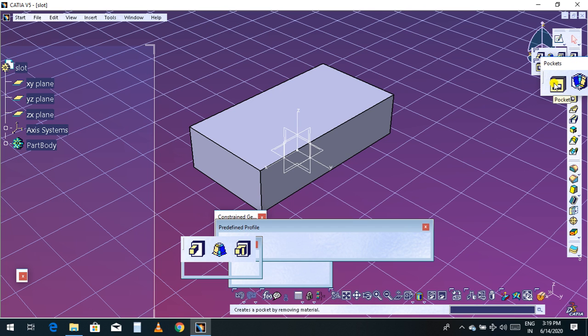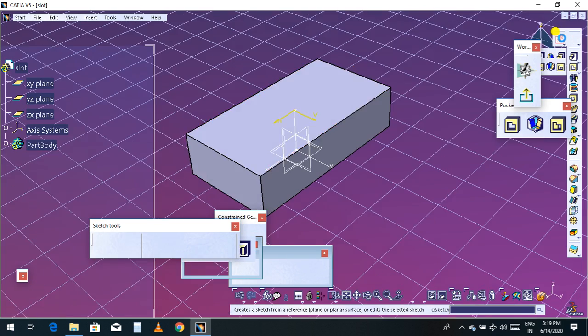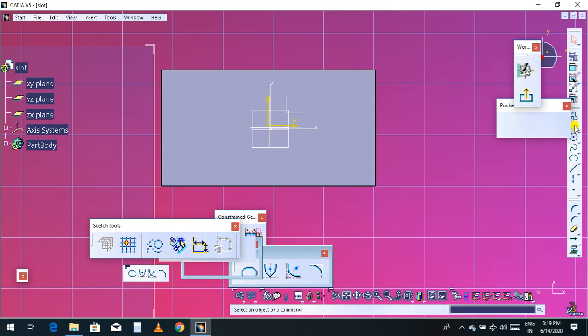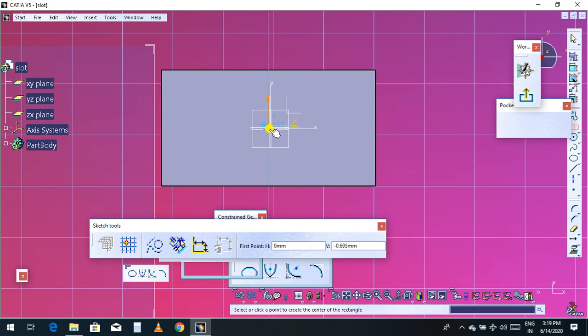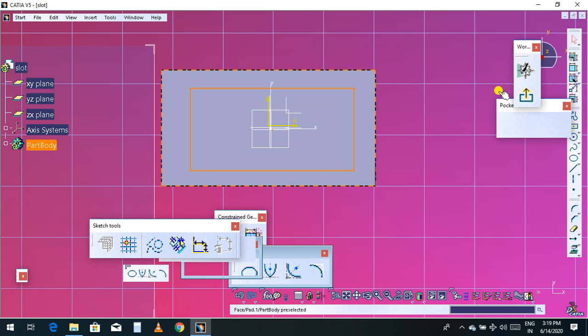Now just go to pocket and choose this surface and select a sketch, and now you just draw another center rectangle like this. Exit.